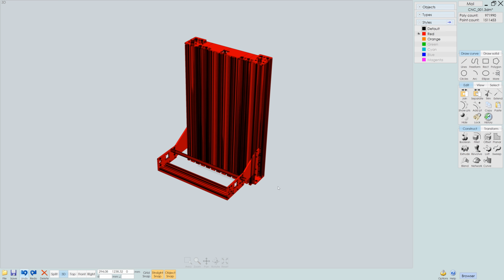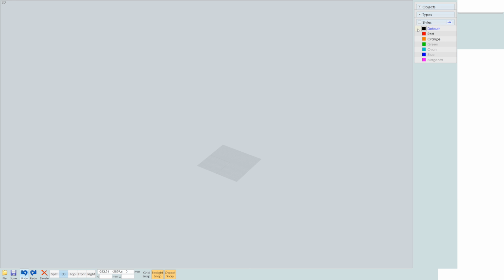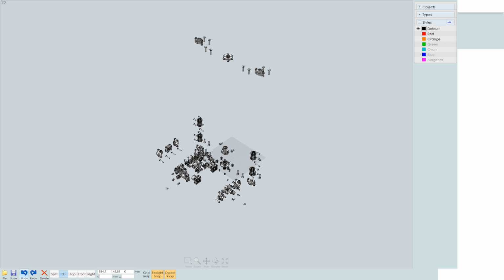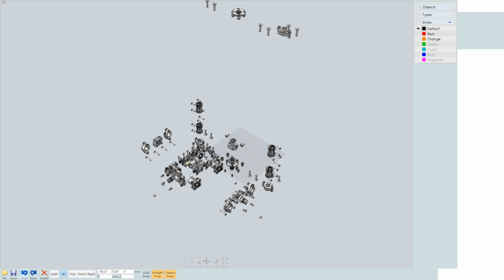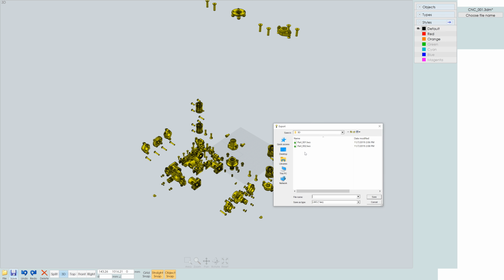So for this we can click OK, and then it's calculating and exporting. It has to create all these polygons into one file, so it can take a while. Yes, and it's done. And then we have to do the last one, and that's all the small parts. This is the trickiest one because this is still very heavy and it has all these curves. So we can try to do this by selecting all again, and then file, export, part 3,